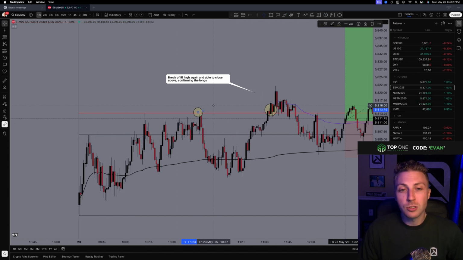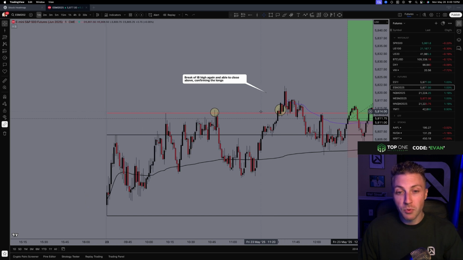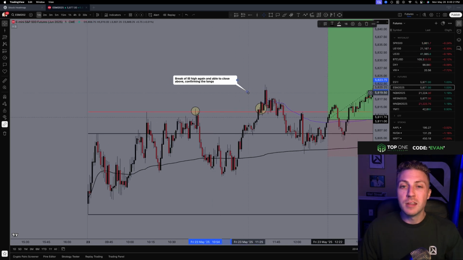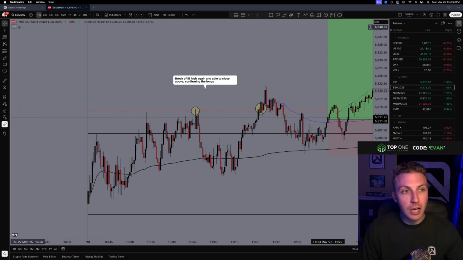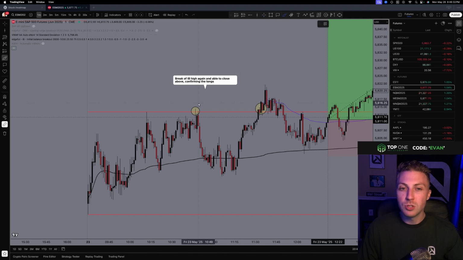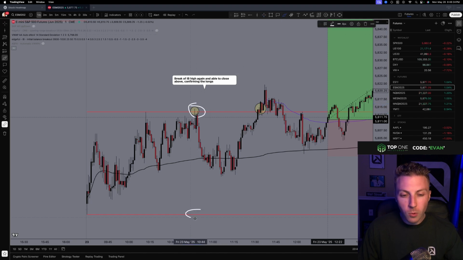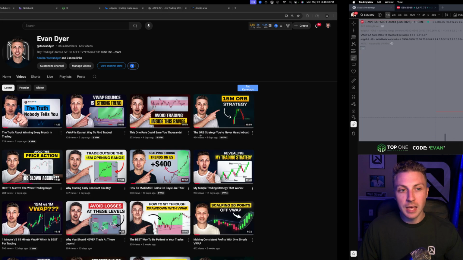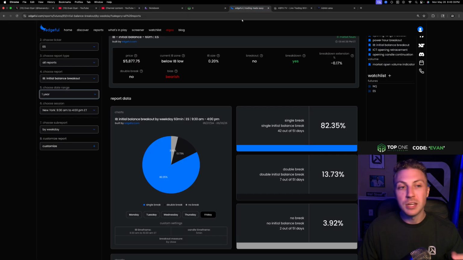So we have a first break of initial balance high. Here's our second break of it. But regardless, a break of the initial balance high is kind of telling me that we probably don't go make a new low of day to the initial balance low. I can turn off the opening range high so you can see that red line on the bottom. And you can see down here, since we took out this top, we probably don't want to also take out the bottom. To get that number, you'd want to go over here to Edgefinder and look at their initial balance